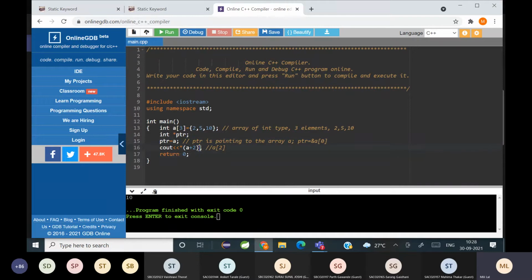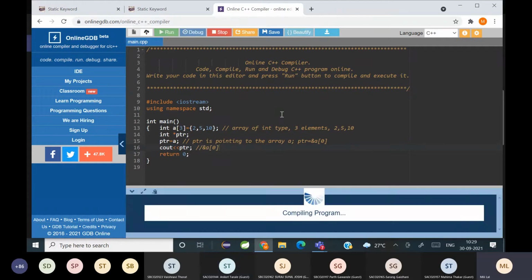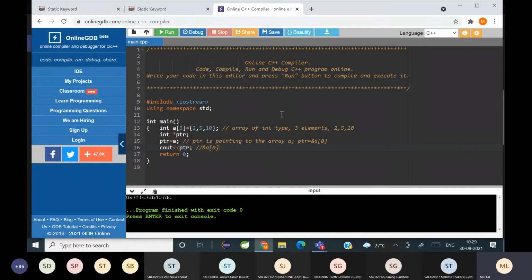Fine. And then I am writing here ptr. What should get printed? The address of A of 0. देखा, can you all see it?